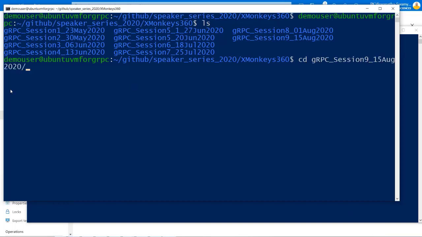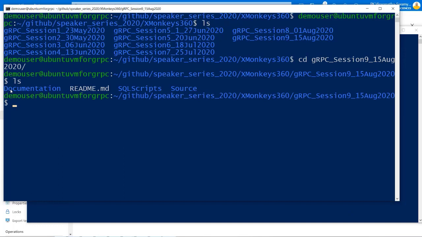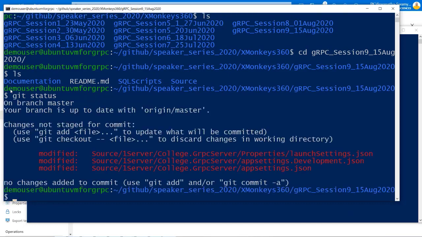Today's session is this, and we have quite a few folders now. Git status. So we are directly connecting to the master branch. It shows that in the working directory there were a few changes on the